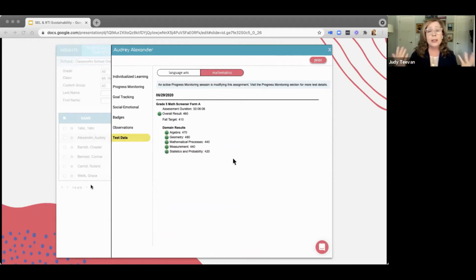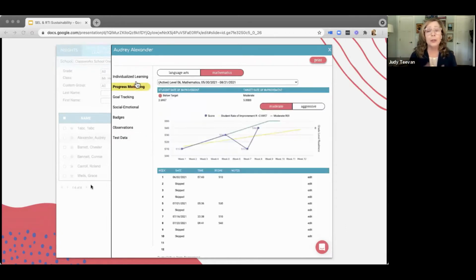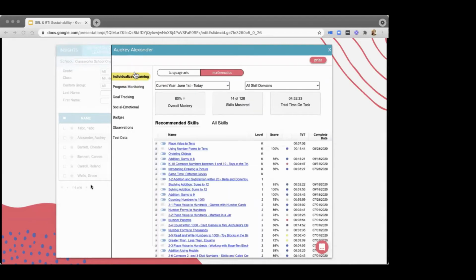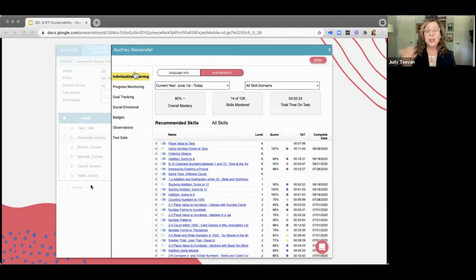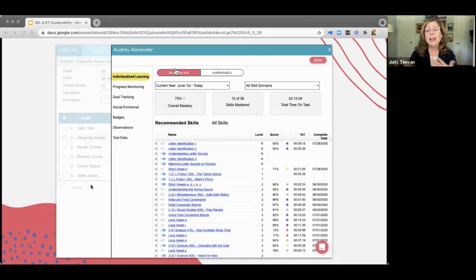So when noticing a downshift, say, in progress monitoring for a student, teachers can just click over to review student mastery within the intervention. To see if behavior is impacting student learning, they could go check in observations and then pop into goal tracking to check on student confidence and maybe even send them a note to encourage them or offer some advice.